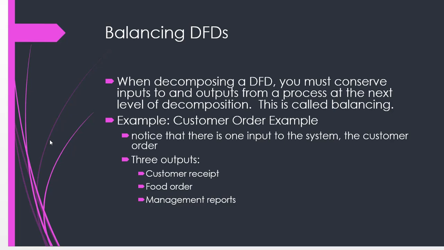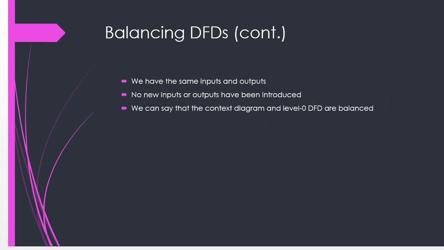So like we said, you should make sure that there is always an output for every input and an input for every output. That's basically what balancing DFDs is all about. You just have to make sure that for every input that's coming, there's an output going out from there, either to a data store or to an external entity. So basically that's what